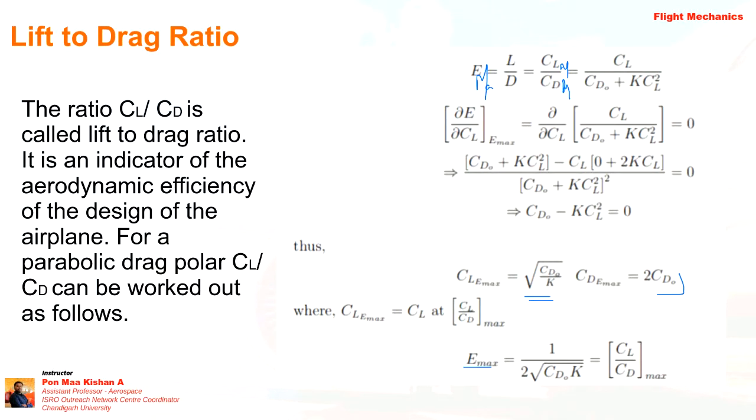So E max is equal to, by substituting these values, the square root of CD naught divided by K over 2 CD naught. Okay, so half, that is, in the denominator, 1 by 2 square root of CD naught by K. So this is my highest aerodynamic efficiency. So E max is equal to 1 by 2 square root of CD naught K, which is the best aerodynamic efficiency for any aircraft. Okay,